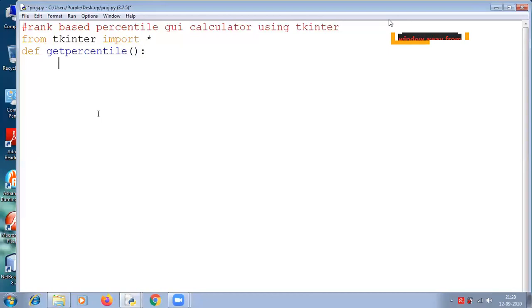So now what we should do is we have to take a value from the respective entry boxes. The get method is used to return the current text as string. So we need to get the total number of participants. So I will write it as students equals